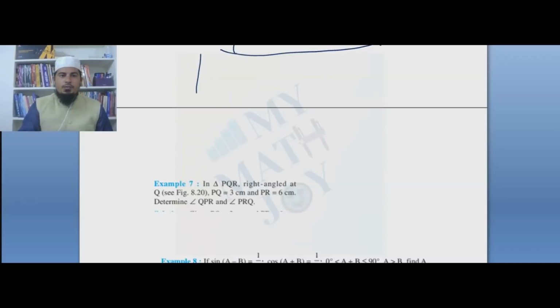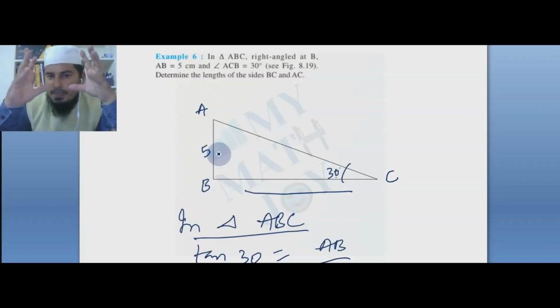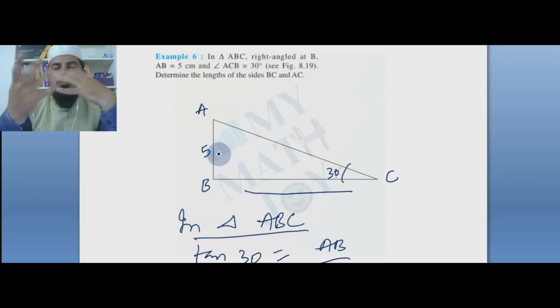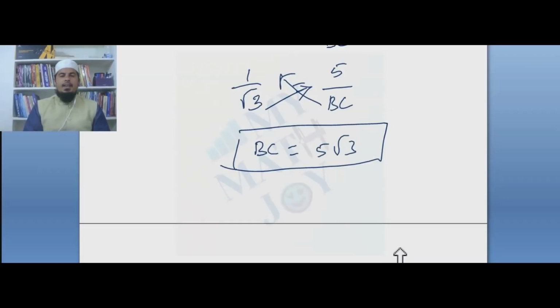Similarly, now I want the AC value. So what is the technique? You should never forget the technique. What is the technique? Can you tell me? Yes, AC. What is AC? From the figure, AC is the hypotenuse. I want to find it, I don't know AC. What is given? AB. What is the name of side AB? Opposite. I want to find the hypotenuse and I have the opposite side. Opposite, hypotenuse. Which trigonometric ratio is it? Opposite by hypotenuse is sine 30 degrees. Okay, let's take sine 30 and do the problem now.